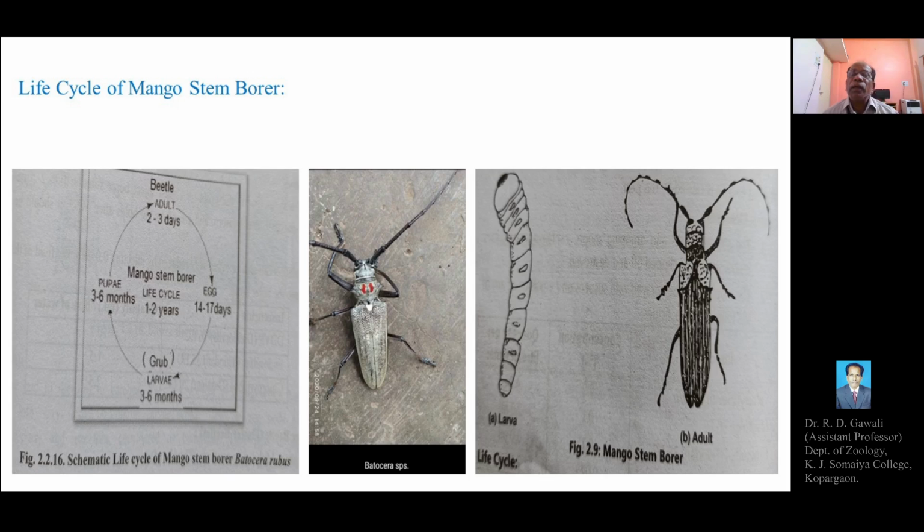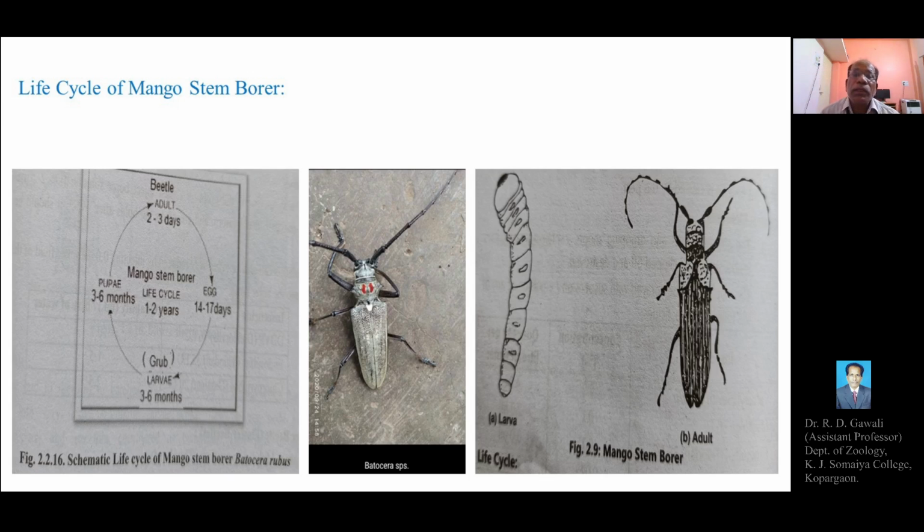So the lifespan of the adult beetle is only 2 to 3 days. The female beetle of the mango stem borer lays a single egg in a loose bark or a gap or